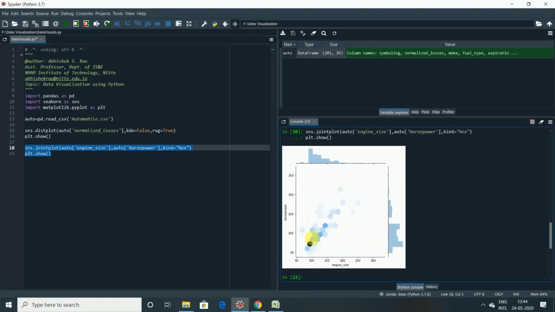Yes. So what you can see here is that instead of plots for individual observations, we can see hex plots, which are a concentration of hexagons. Wherever the hexagons are darker in color, it indicates a high concentration of the observations. Also, you can see that the number of observations is decreasing. The color of the hexagons also disappears. Right? So this is all about the joint plot. I hope you understand this.